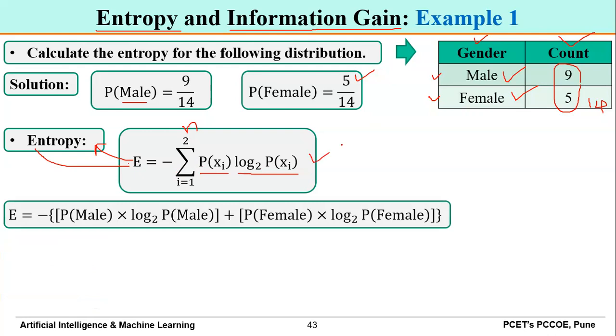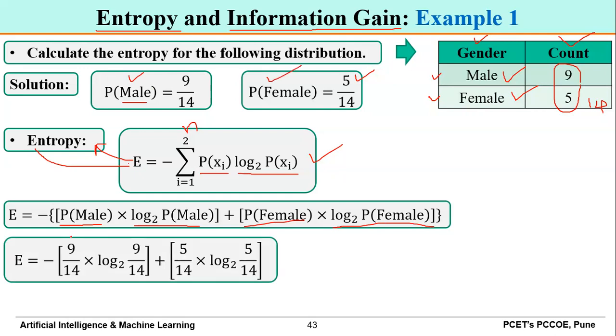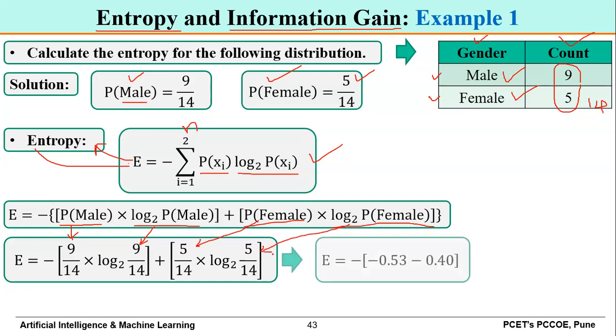Now for the given data set, the entropy equation will be like this: minus into bracket probability of male multiplied by log to the base 2 probability of male plus probability of female multiplied by log to the base 2 probability of female. So this is just an expanded version. Now in this equation we already calculated the probability of male and probability of female. So we will put those values into the equation, and upon simplification you will get